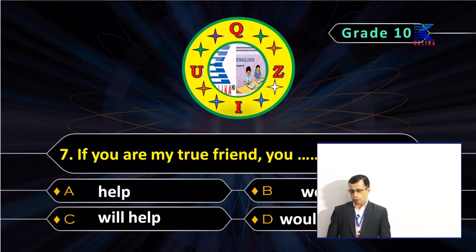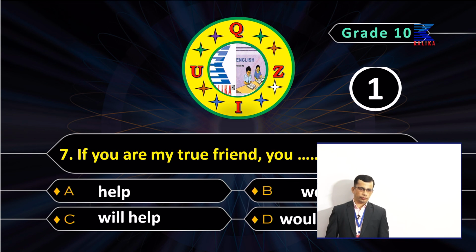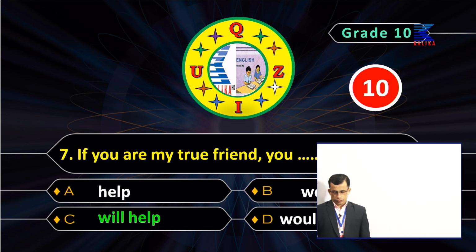Help, would help, will help, would have helped, will help. Okay. This is first conditional type 1. Okay, next,